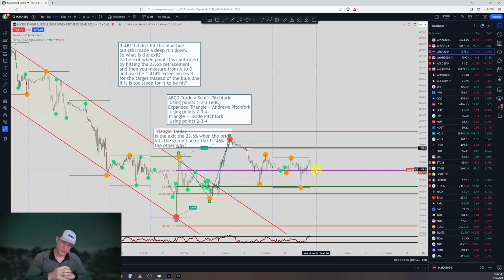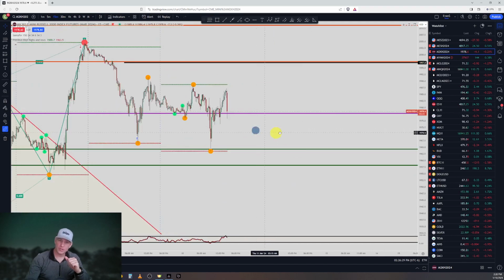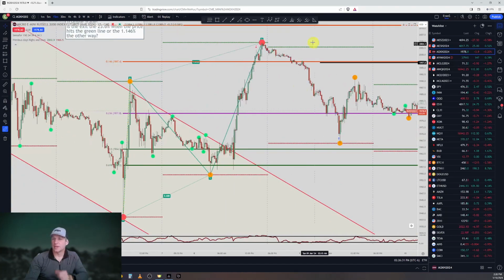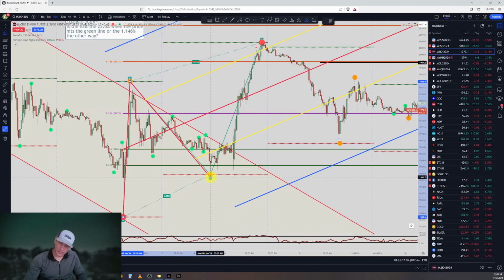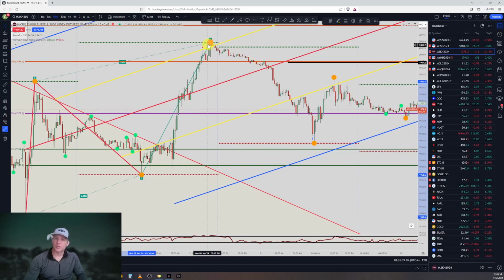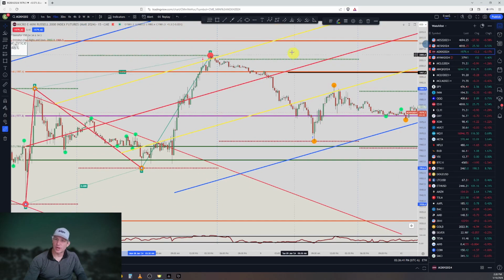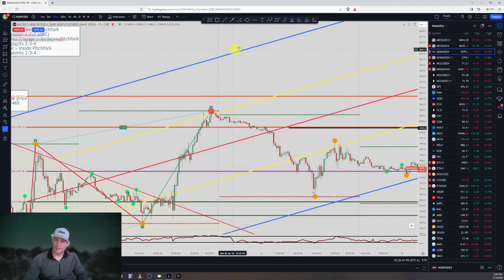But right now this is looking like it's going to be a consolidation one for the Russell 2000 that we're in right now. So anyways, what we have is the ABCD trade, and what we're looking at right here, you put the shift pitchfork on it, price closed above the yellow line right there. So then the target would have been either this blue line, but it is kind of